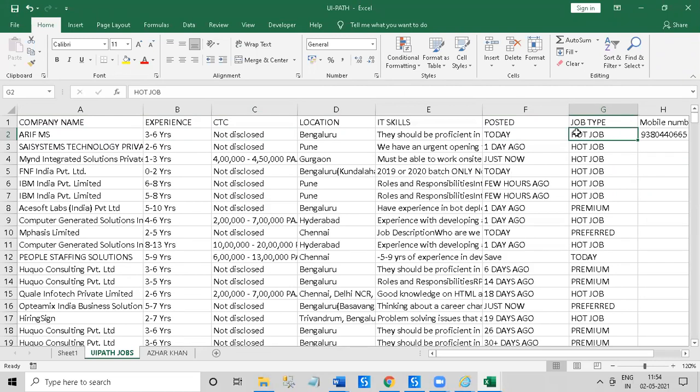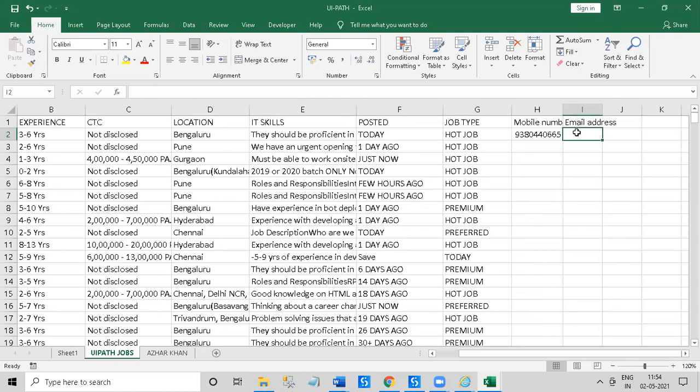Let's suppose we want the resumes of those persons who were active in the last 3 months. It will extract the data of 100 people, and one by one the bot will send the mail to all 100 people. This is one of the processes that I did for one of my clients in Hyderabad 2 years back.